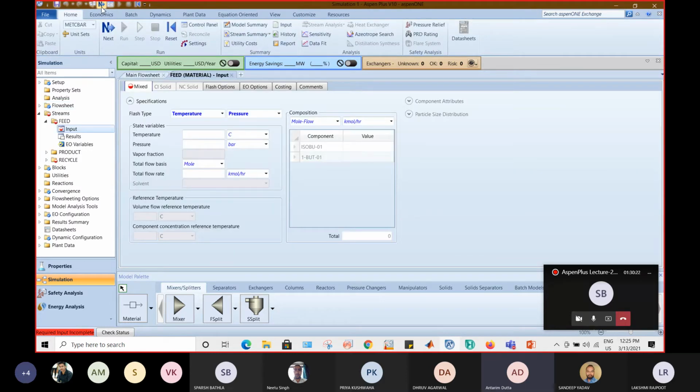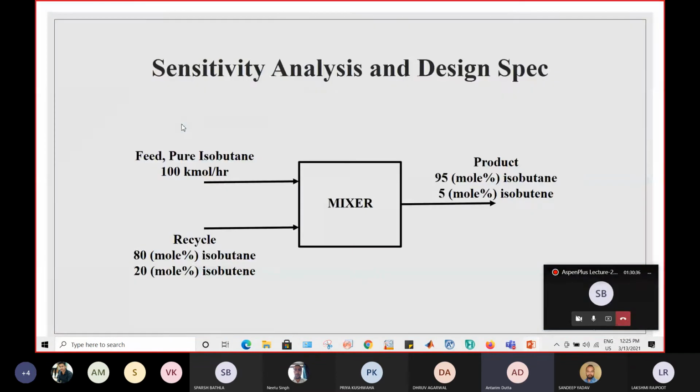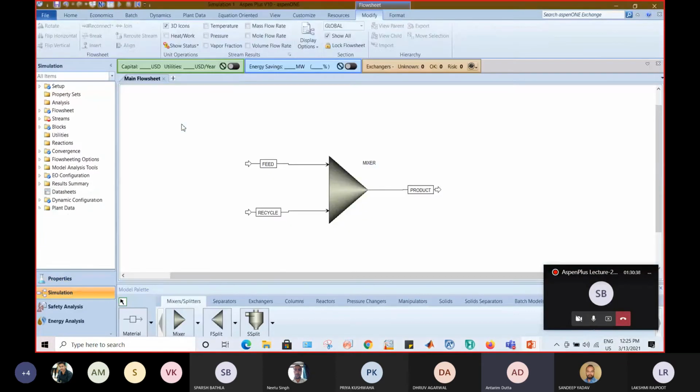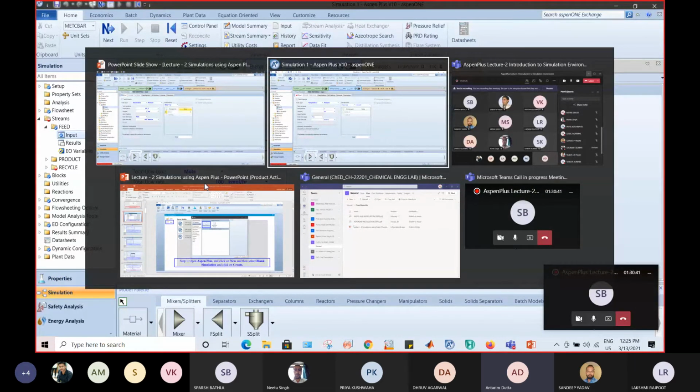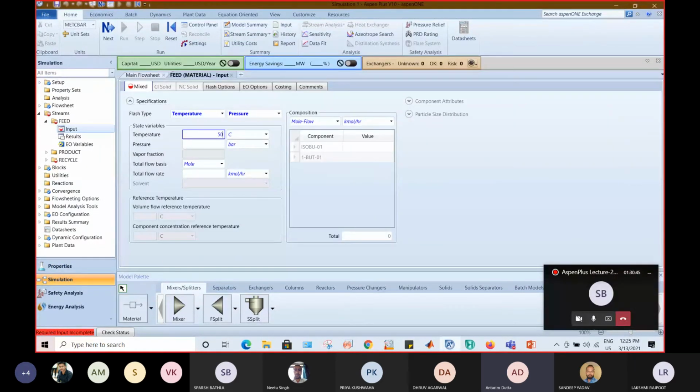Now Aspen will ask me for the input data regarding the feed input and the recycle input. There is no data required for the product, since the product is the output stream. So we have to feed in data for the input feed and recycle. Let me check what data I have provided: 50, 1 bar, and 100.